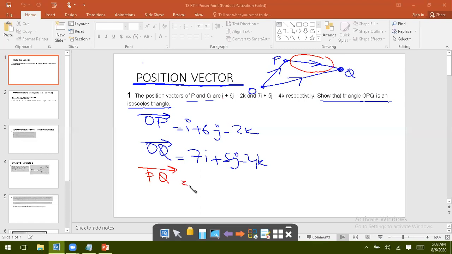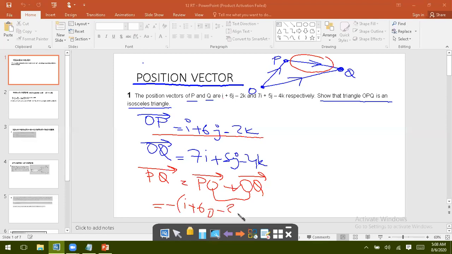So what is PO? PO and OP are opposite vectors. So I will multiply OP with negative: negative (i plus 6j minus 2k), plus what is OQ? 7i plus 5j minus 2k. No, not minus 2k, minus 4k. So if you continue that here, what's the result? If I multiply with negative, negative i, negative 6j, and negative minus 2k is positive 2k. And then what do we have? Plus 7i